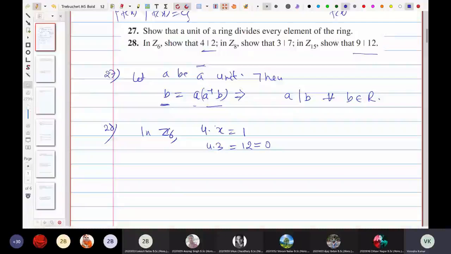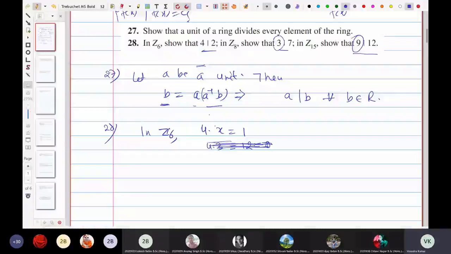Now we need what? We need the inverse now, not 3. How come it is 3? You find out. And similarly, here also you can show that 3 is a unit. Here in Z15, you can show that 9 is a unit. And then accordingly you can find out. Okay, fine. So of course, 4 times 1, 4 times 2 is 8, 4 times 3 is 12, 4 times 4 is 16, 4 times 5,